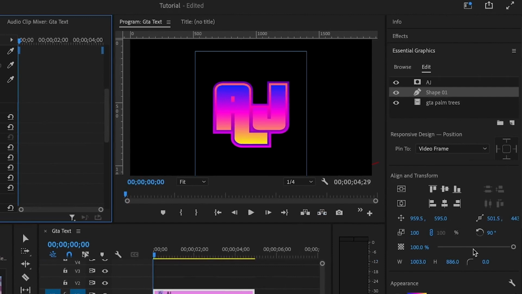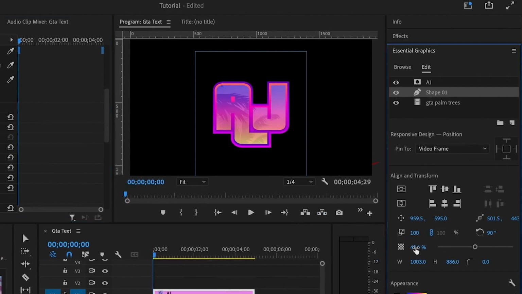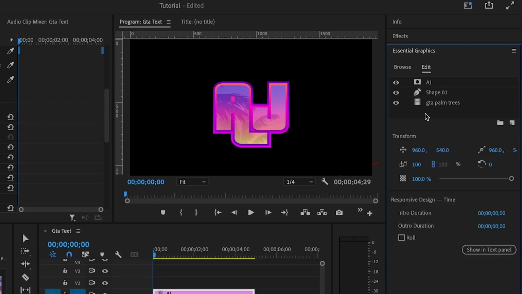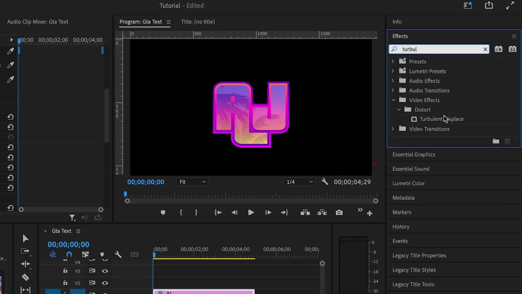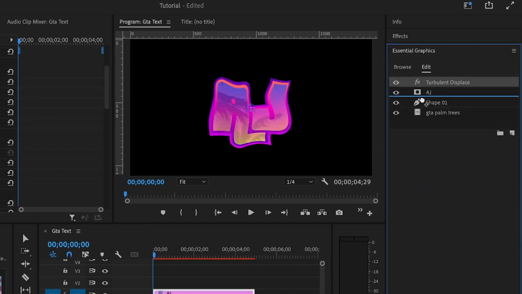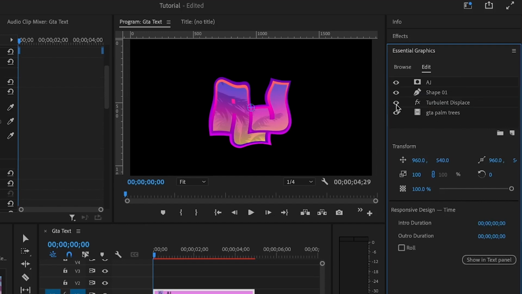Now I'm going to reduce the opacity to about, let's say, 45 to 50%, depending on the palm tree image that you use below. And we have the before and after. Next, we are going to animate these palm trees or the palm leaves. So we are using the turbulent displace to do that. And make sure that the turbulent displace is above the palm tree image so that it will have effect just